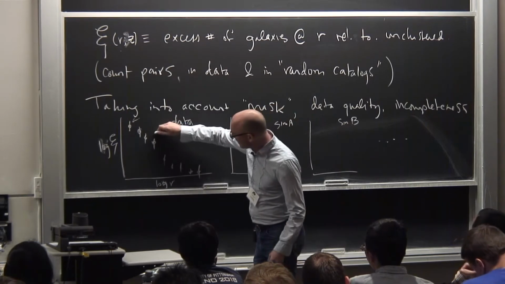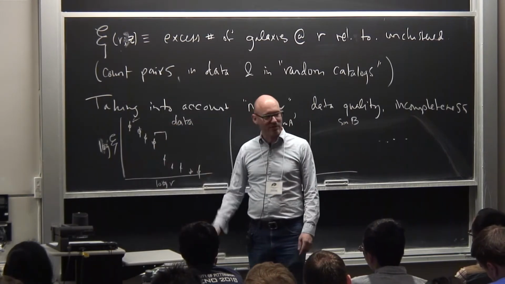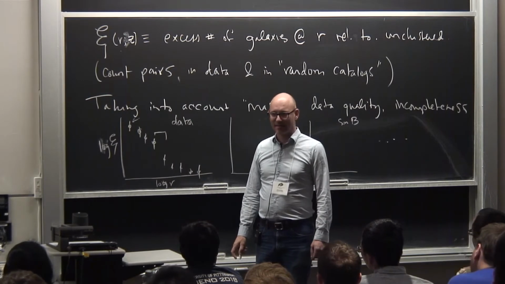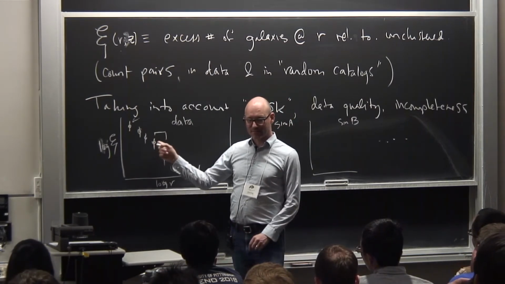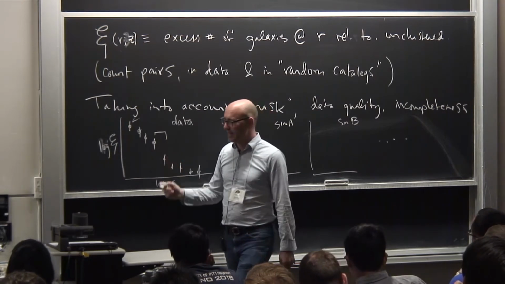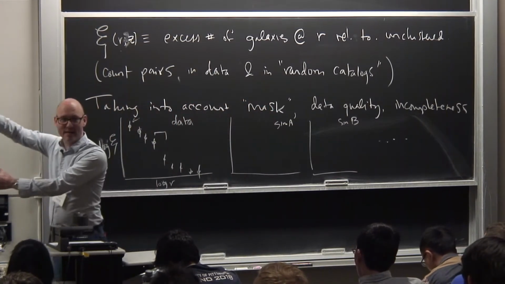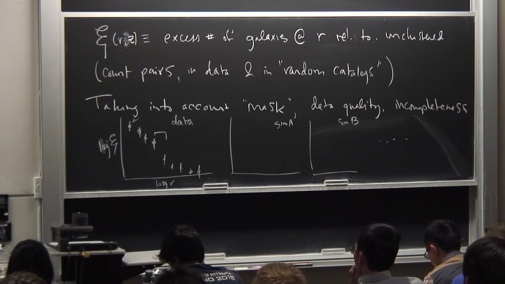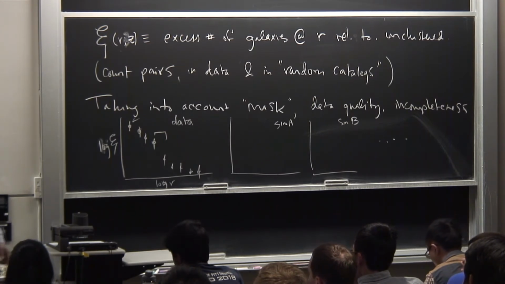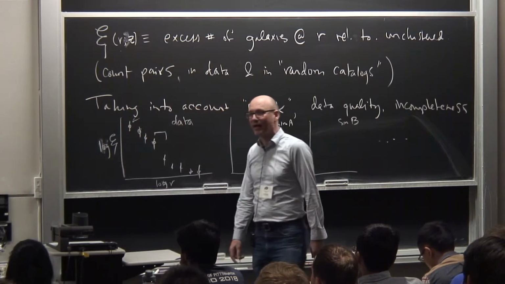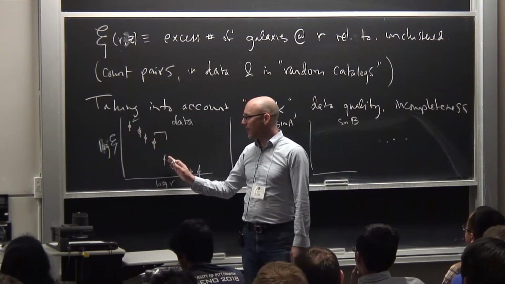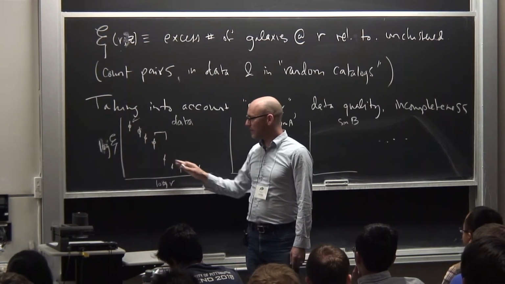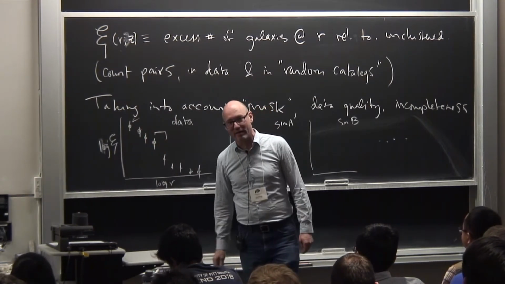There's another issue, which is that neighboring points in this correlation function are correlated. These are not independent measurements. And the reason they're not independent measurements is that you are laying down overlapping annuli. So at some point I'm going to be measuring this point with a bigger radius, and it's going to see those 2 points. So the counts in this annulus are not independent of the counts in that annulus. And so in general, the different radii are correlated in the data. So it's not just the case that you have a set of data points where you don't know the uncertainty properties, you know they will be correlated.